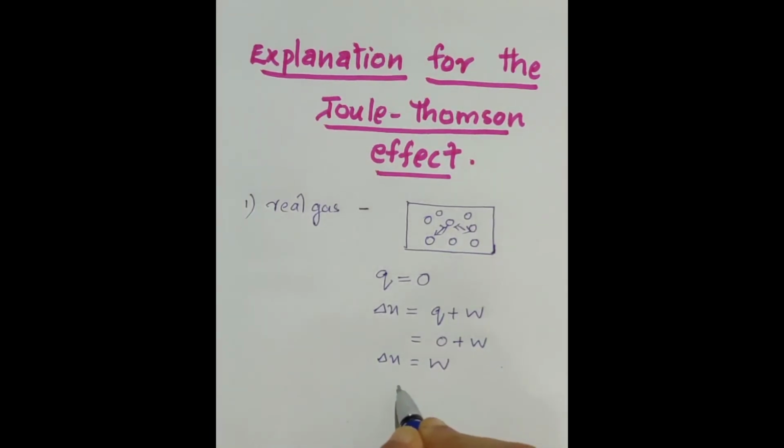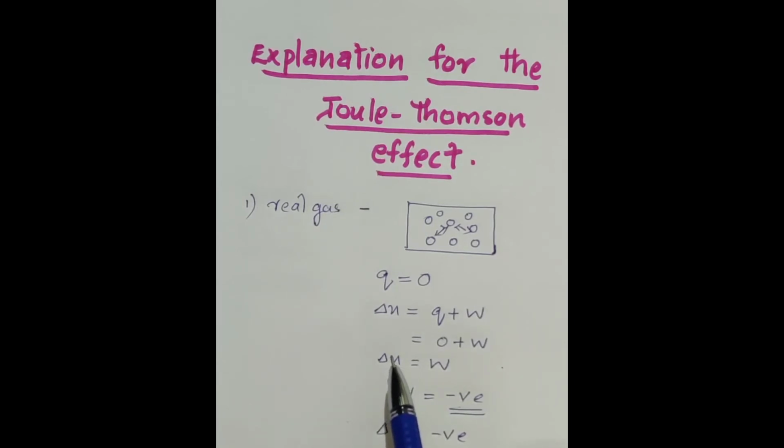Hence delta U is also negative, and the internal energy of the system decreases. In Joule-Thomson adiabatic expansion, work is done at the expense of the internal energy of the system,